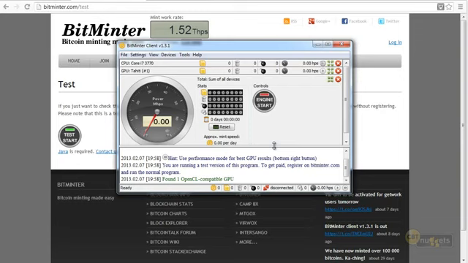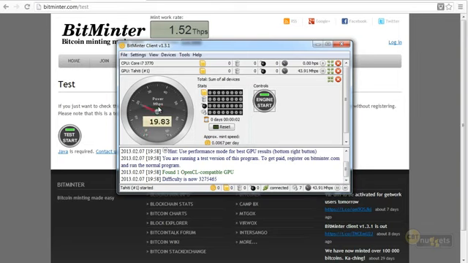So this is what the interface looks like. This is just a little test, and it says, okay, found one OpenCL compatible GPU. So it likes my video card. Awesome. So I've got some type of AMD card in there, and it seems to like it. So if I click on start the engine, it's actually going to tell me how many megahashes per second this GPU is going to be able to do. So as that cranks up, wow, that's not bad. So this is doing 500 and whatever the change is, 542 megahashes per second. So this is an example of what my video card can do.